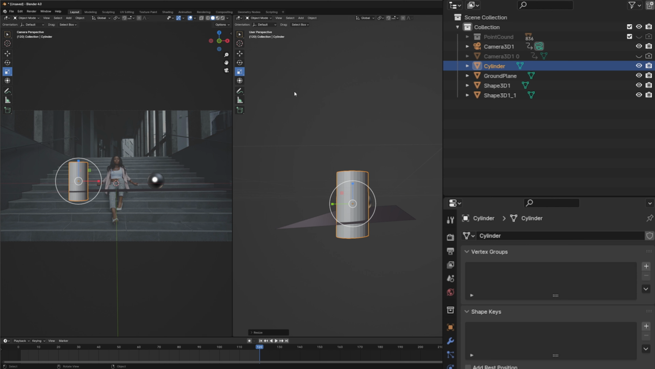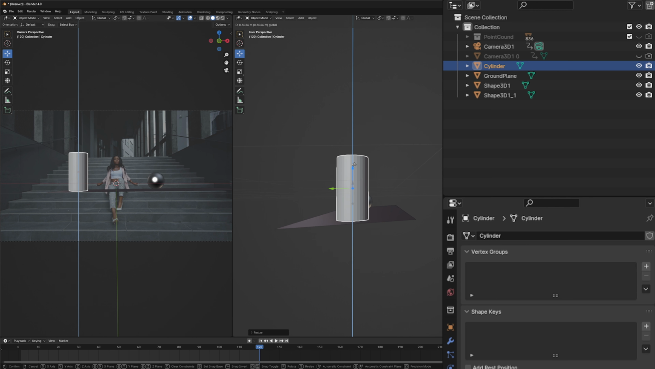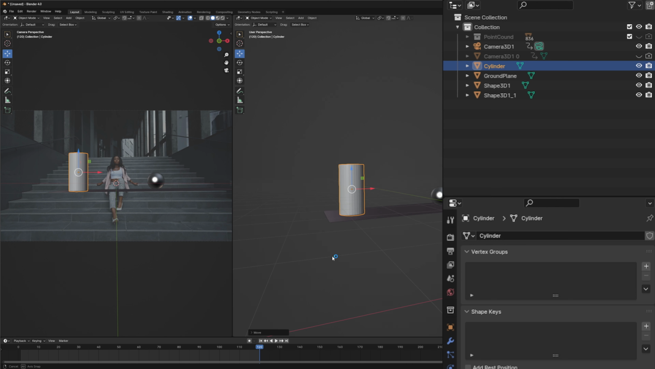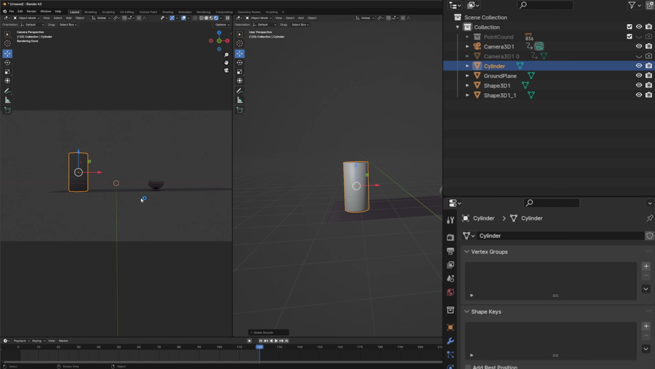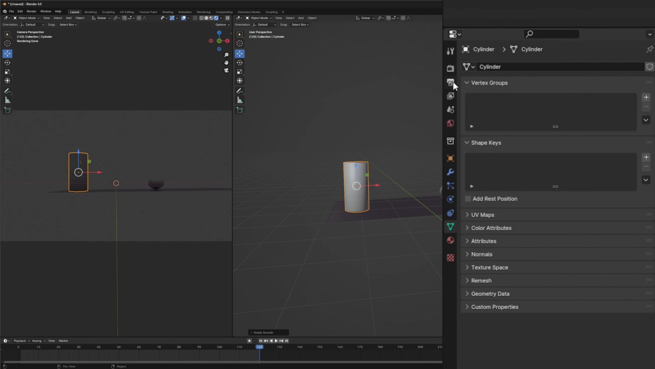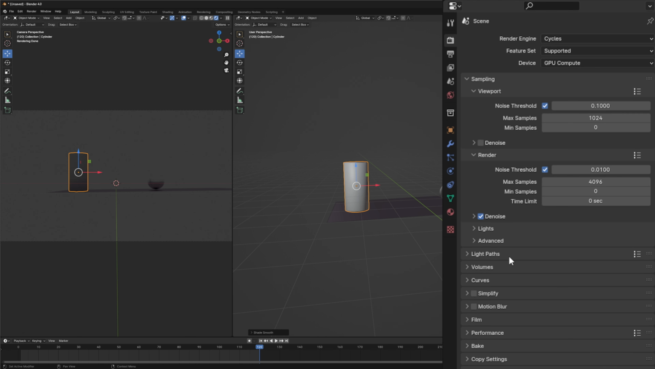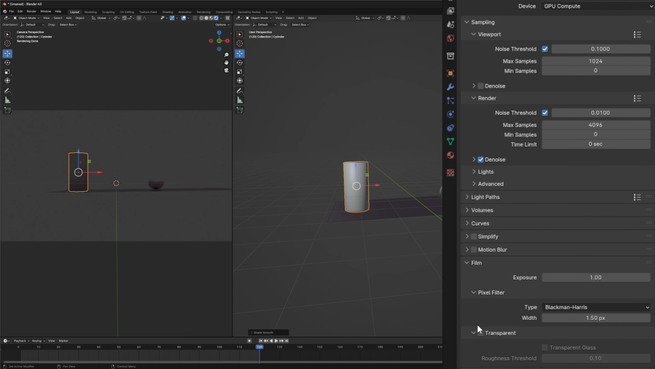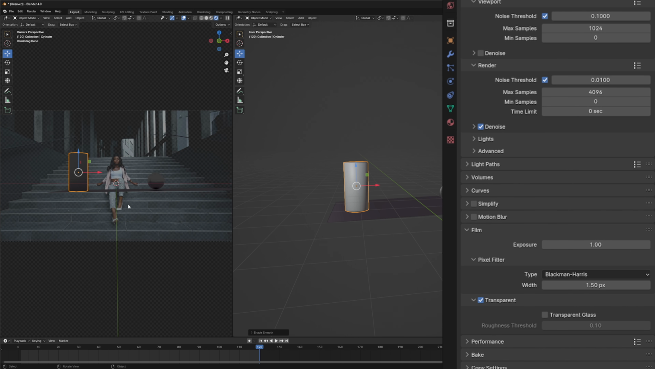Maybe not that big. Lift it up so it's on our ground plane. And I'm going to shade smooth. And let's go ahead and click our little render button. And the first thing we need to do is change our background in our scene here. So if we go to our scene and go to film, and select this transparent, now we'll be able to